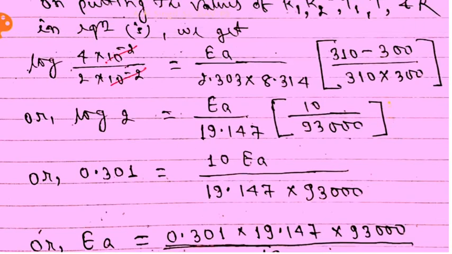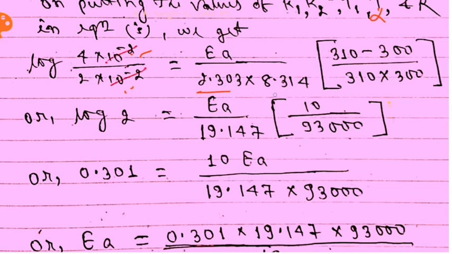On putting the values of K1, K2, T1, T2 and R in equation 1, we get log 4 into 10 to the power minus 2 by 2 into 10 to the power minus 2. It is the value of K1 and it is the value of K2. It is equal to EA by